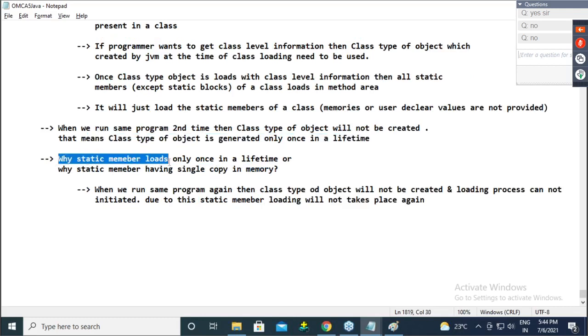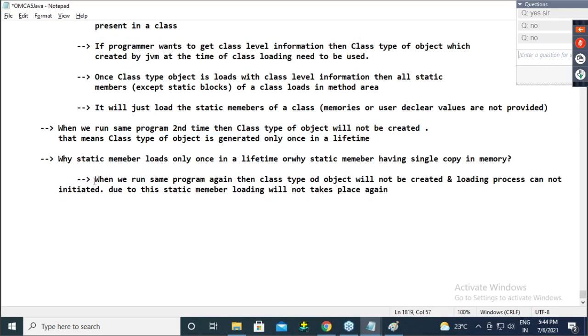And guys, why does a static member load only once? Why does a static member have only one single copy? The answer is this: when we run the same program again, the Class type of object will not be created and the loading process cannot be initiated.